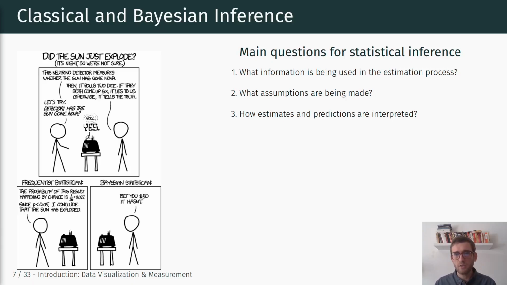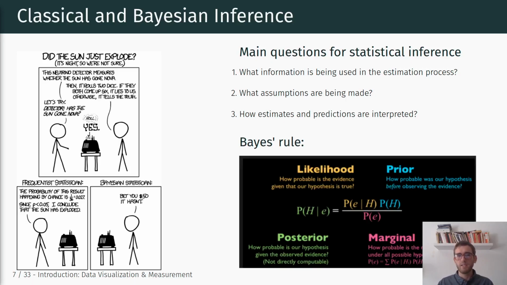But for now, what is important to remember is that this Bayesian inference framework allows us to take into account, for example, external information or prior information about what we believe the parameter estimates are likely to be. Okay, and how exactly that works, and we'll talk about this a little bit in the past semester, is by invoking Bayes' rule, where we not only look at the likelihood